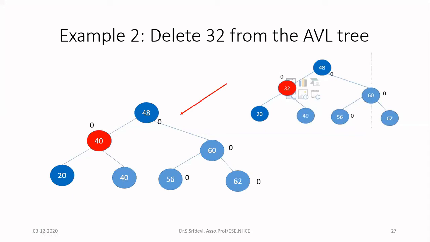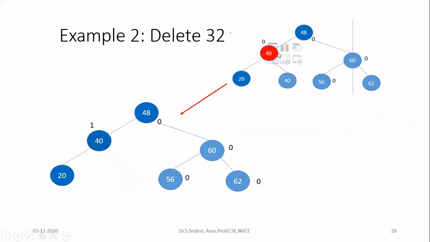Case 1 says that the node you are going to delete is having 0 children. That is, it is a leaf node. So now 40 is a leaf node. So how to deal with the leaf node? Simply remove the leaf node and replace the parent with null. Okay, so I am removing this 40 now and I am replacing null in the right child of this 40. So now my diagram will be changed like this. I have deleted this. I have replaced null in the right child of this 40. So this is a new diagram now.